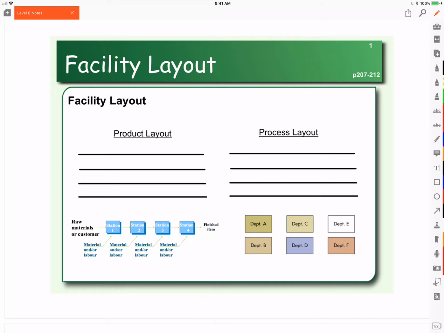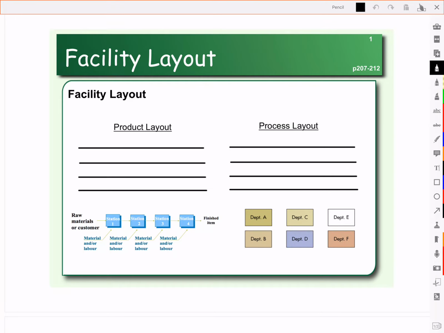For this level, we're going to look at facility layouts. There are two general types of layouts, the product layout and the process layout. So let's talk about the product layout first. The product layout arranges the production resources